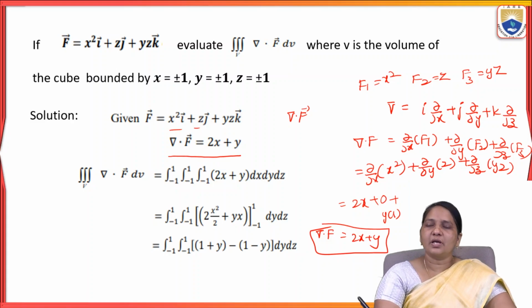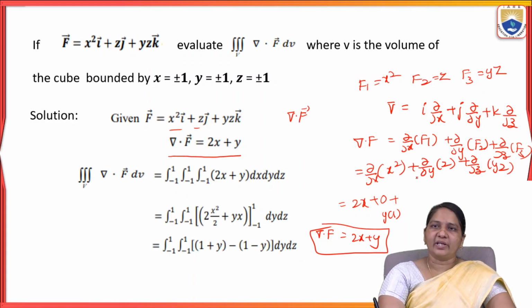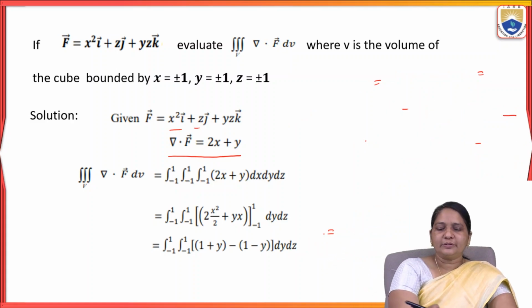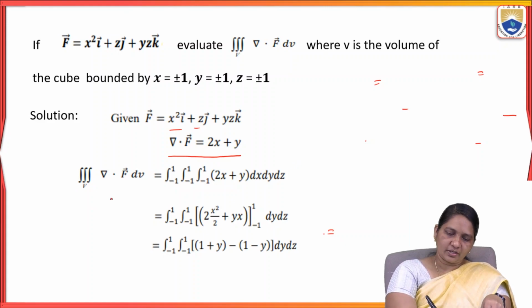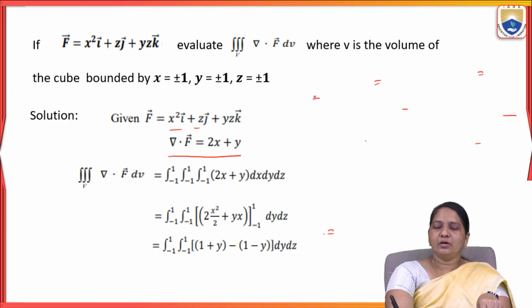So this calculation, if you know the formula, then only you can calculate. So you should have the basic formulas knowledge, then only we can solve the problems. Now we are going to integrate here: the triple integral over V of del dot f dV is equal to,